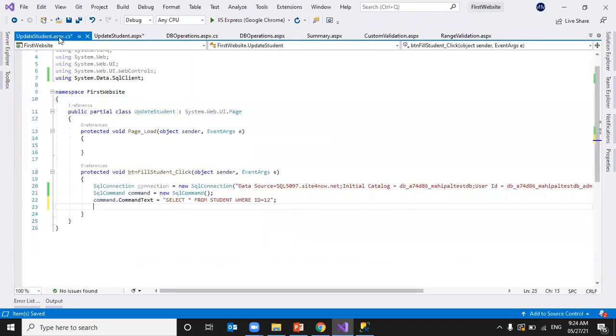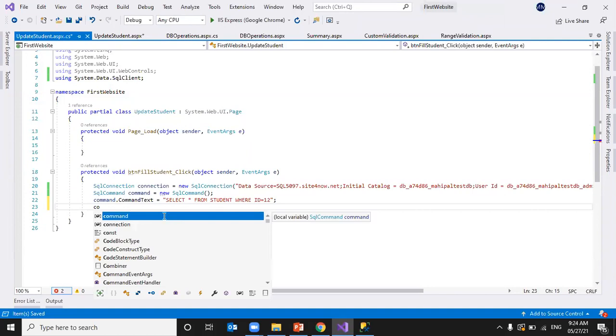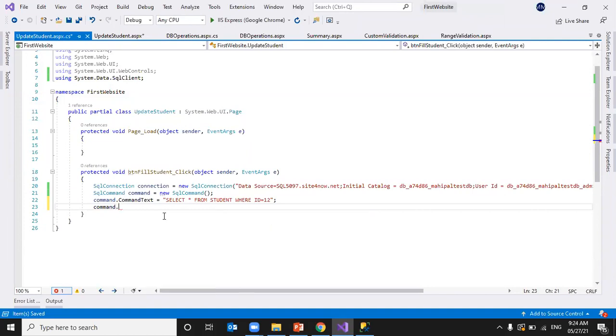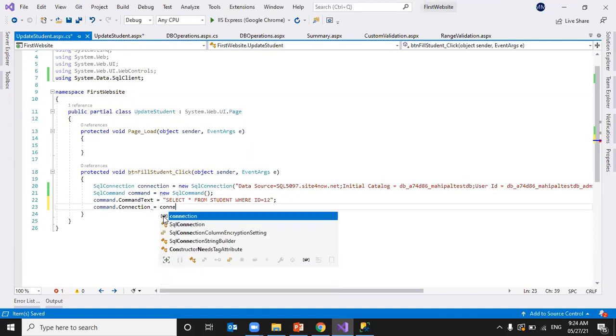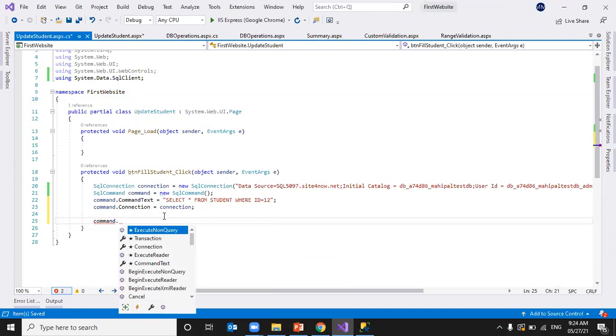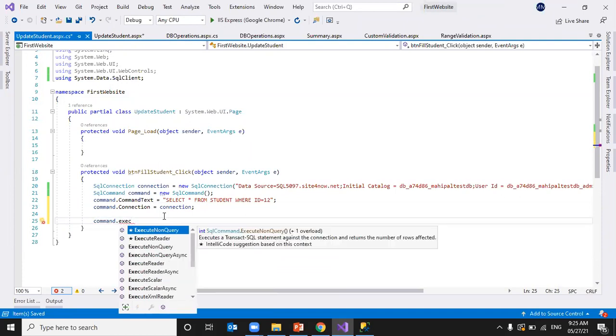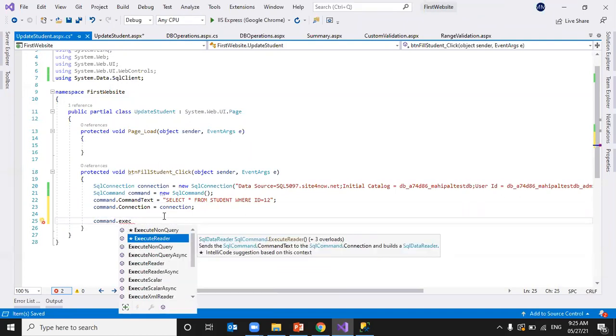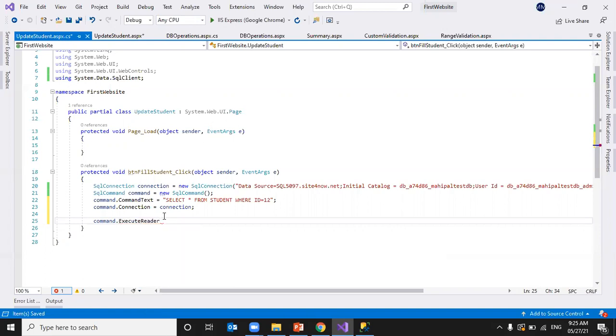For that, command dot connection we have to specify. The connection is stored in the connection object. Now command dot ExecuteReader to read the data.